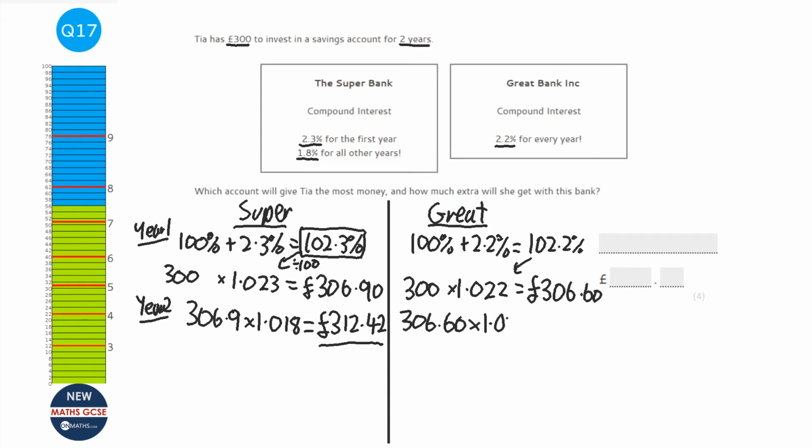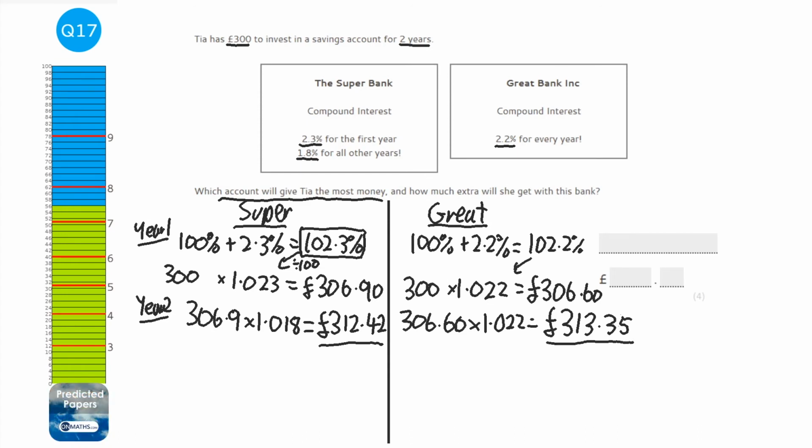by 1.022. So times 1.022, and this time I get 313.34. Oh, actually that would be 5 if I round it to the nearest penny. Okay, so it says which account will give her the most money. Well, looking at that, it's going to be the super bank. And when you're writing down an answer, make sure you write down the full name. Oh, it's not going to be the super bank, it's going to be the Great Bank. Look at that. So Great Bank